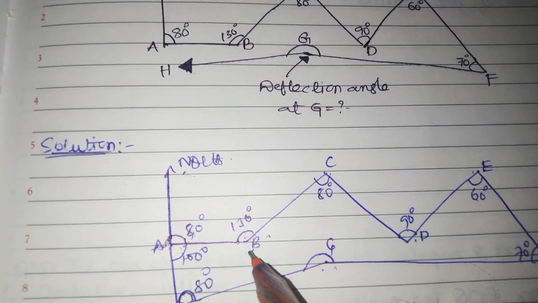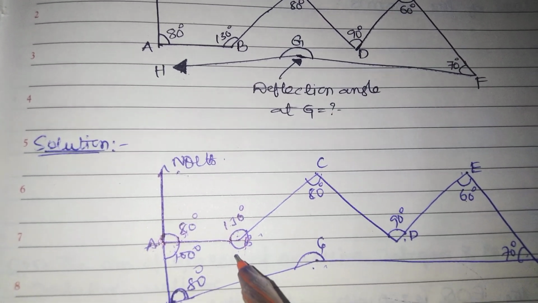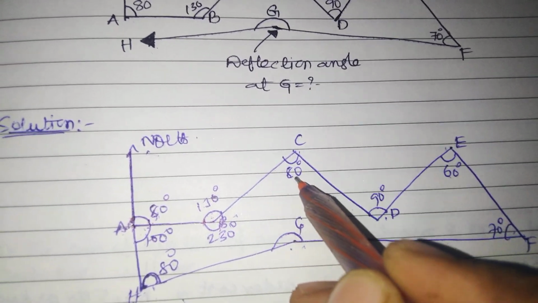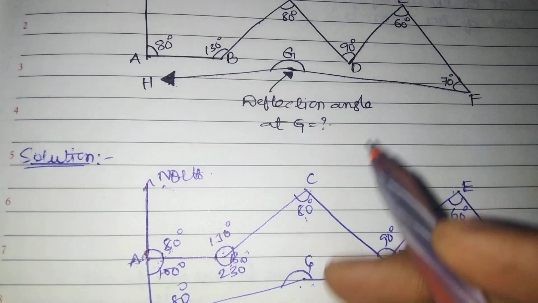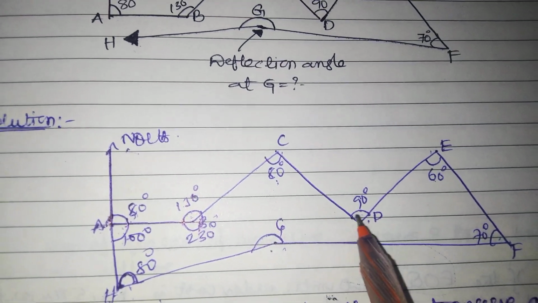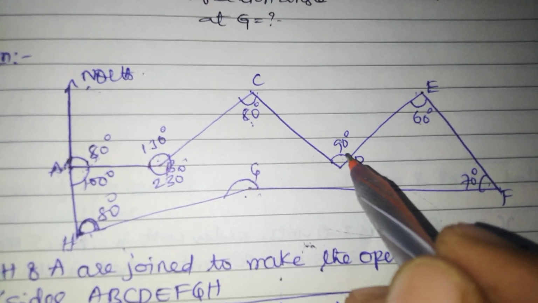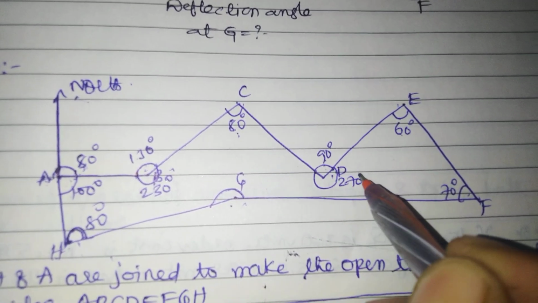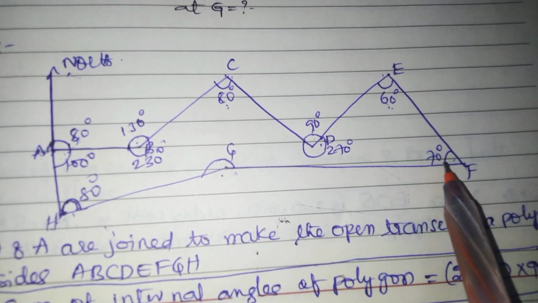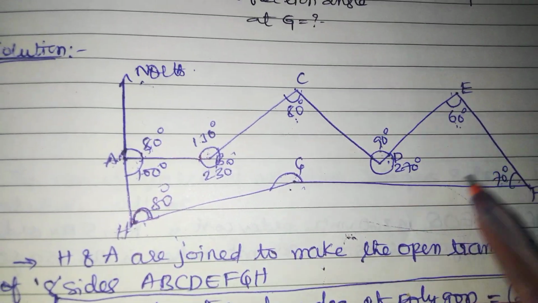Sum of internal angles of a polygon. Similarly, this is external, but we have to consider only internal. 130, again we add 230, it makes 360, right? This is internal, already given in the question, so no need for calculating. This is external, but we have to calculate internal. For how much angle we add to make 360? For this one, add 270 degrees. It is internal, already given. This one also is internal, already given. But we have to calculate this one. This is already given internal. So the other internal angles.